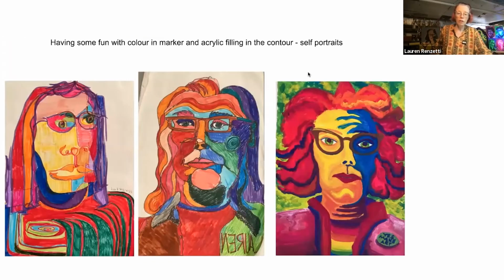And so these are, I'll admit, the first one on the left is a blind contour, and then I colored it in afterwards. The second one was a contour drawing in the sense that I was doing a continuous line and not lifting the pen off the page, but I was looking in the mirror. And the third one, I'll admit, has absolutely no bearing in reality in terms of my outer appearance, but shows what I actually think of myself in terms of perception. If I was going to be a Fauvist painter and I wanted to convey who I was and how I felt. And yes, I have much curlier hair than I have in reality.